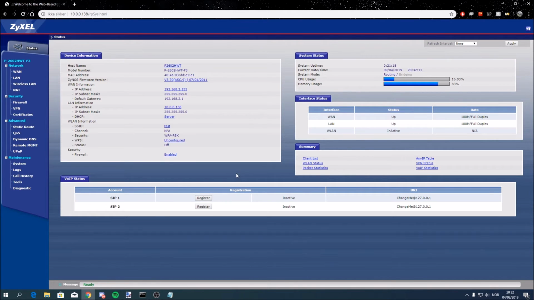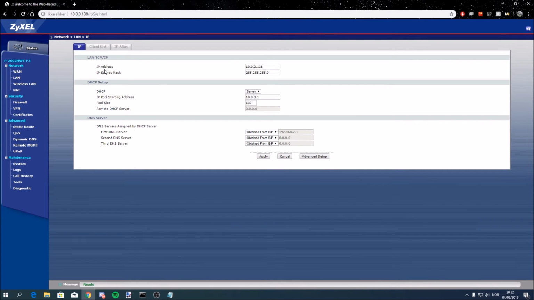What I will show you in this video is how to set up a LAN, a local area network, and the wireless LAN. So firstly we can go to LAN, and here you see the router's IP address. I want to change that because 138 is mostly not used for routers. Routers often have 1. So I will change that to 1,